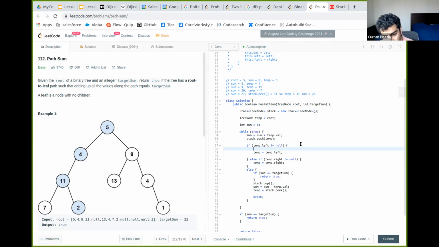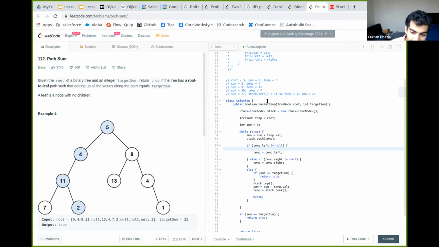Oh, interesting. Okay. So we put 5 in. Well, I guess we wouldn't put 5 in, but we put 4. We'd go to 4 and we would put 8 in. We'd go to 11, then go to 7 and put 2 in. So then we take out 2. And that wouldn't work. And then we would go to 8. Oh, and we go to 13 and put 4. Wow. Okay, that's super smart. Penny, wow, you just broke this whole thing wide open.